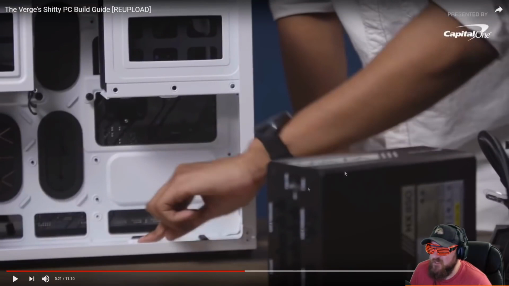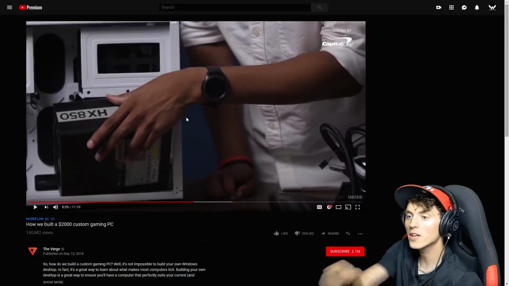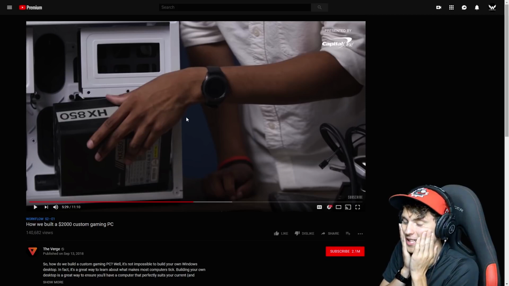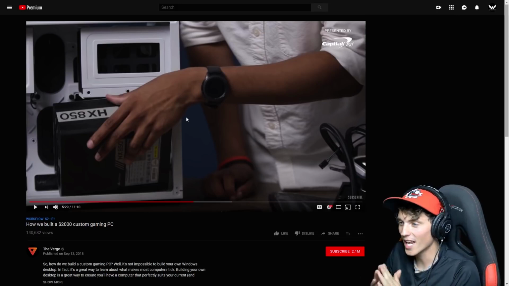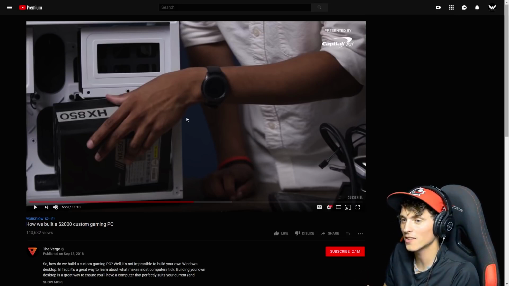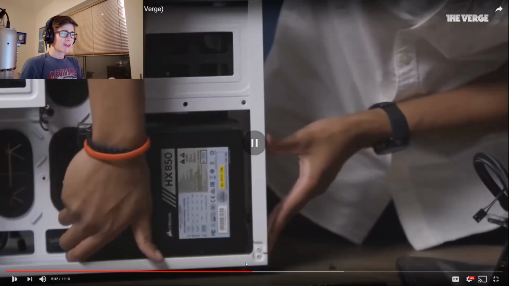That is so dumb. Okay, I hope that he flips this around because the fan's on the other side. You don't want to push it against this back. So just take it in, slide it in nice and easy. Oh my God, he's putting the fan towards the back of the case. He's gonna suffocate airflow on it. Oh no. You should never do that. Never, ever block the fan on a power supply. He's doing it again. He's installing it with the fan facing inwards. How's it gonna...